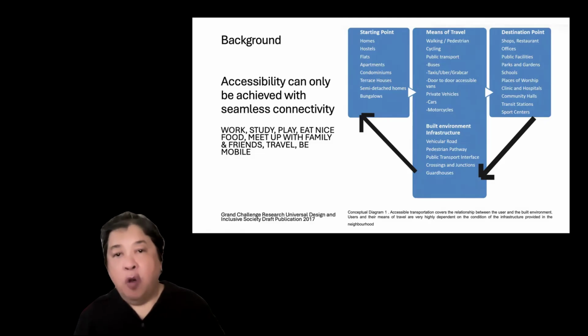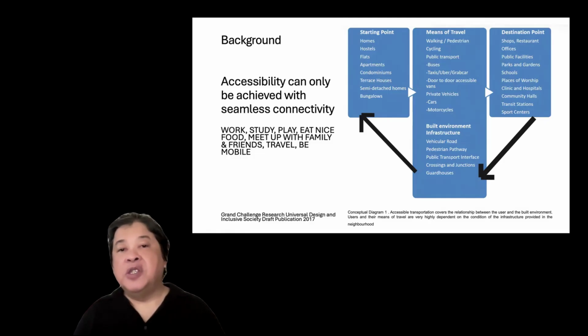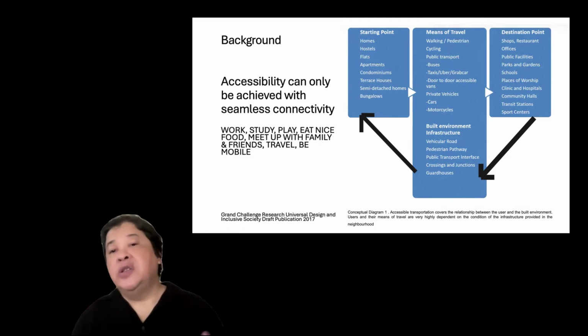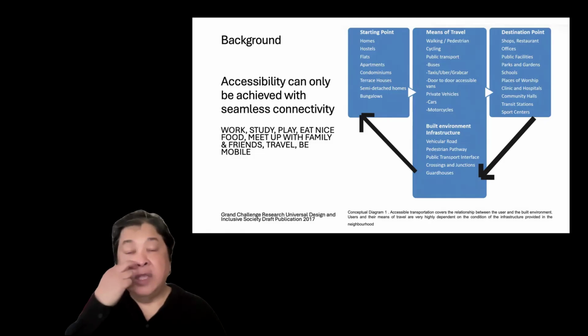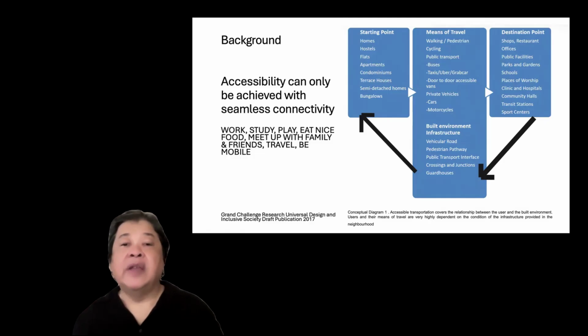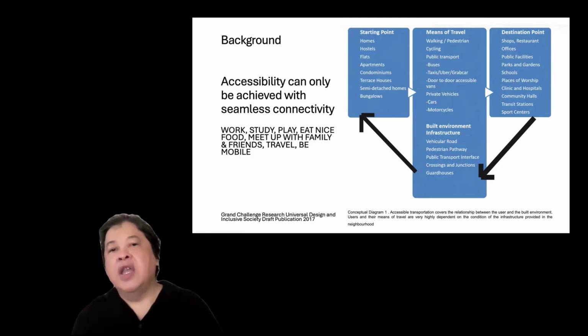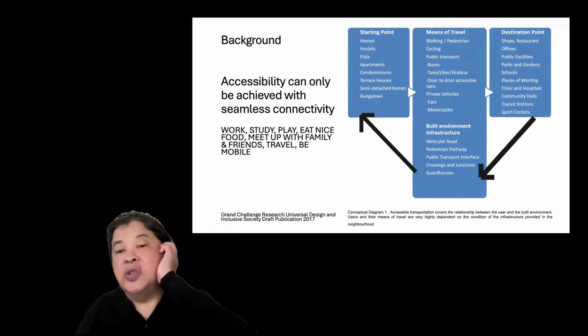So you need to either walk or use the pedestrian environment, or you will be cycling or using public transportation: buses, taxis, Grab or Uber, door-to-door accessible vans, or private vehicles. You may be using private vehicles if you have someone to help you with a car or motorcycle. There are a lot of disabled people who use modified motorcycles. Apart from using vehicles or a device, you also need to use the road, which is built environment infrastructure, and the pedestrian pathways, including transit points like public transport interfaces, crossings and junctions,